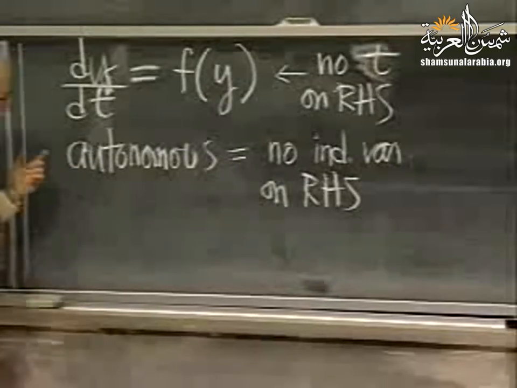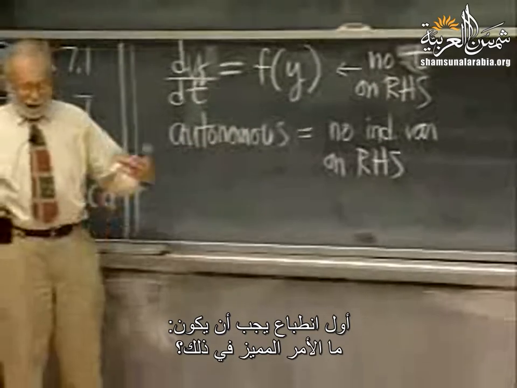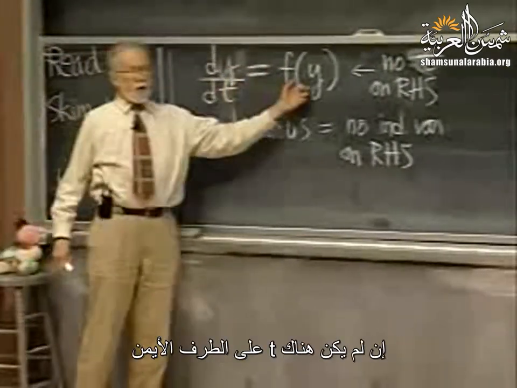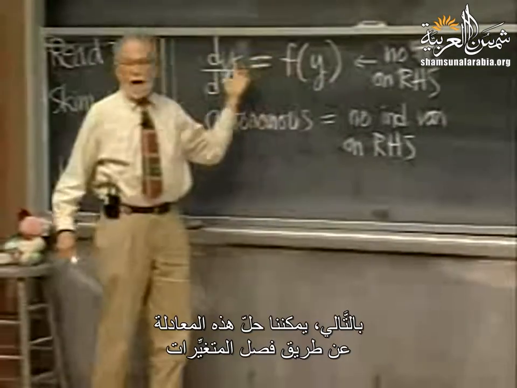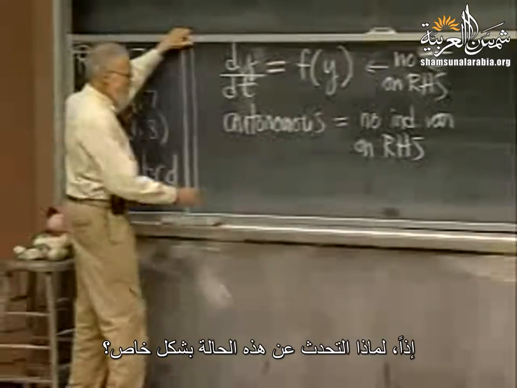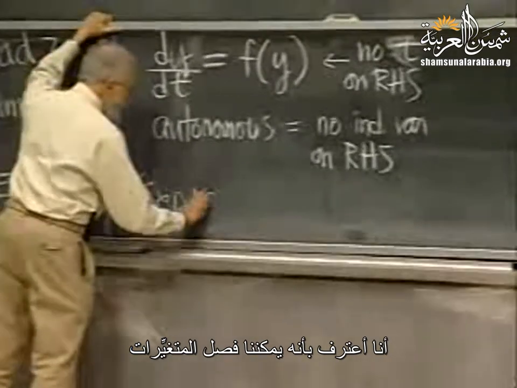Now, your first reaction should be, oh, big deal. If there's no t on the right-hand side, then we can solve this by separating variables. So why is he even talking about it in the first place? I admit that. We can separate variables, and